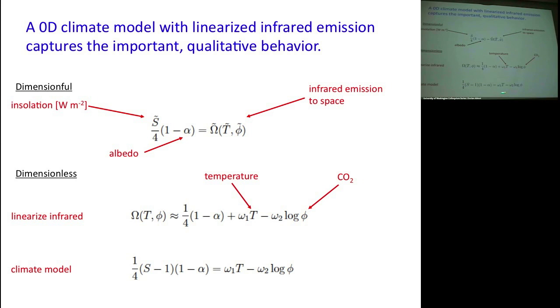And what I'm left with when I plug this back in is this for the climate model. So I have a simple climate model, and what you should know about it is if I increase the insolation, the S value, the amount of radiation from this star that the planet is hit with, I can deal with that either by increasing temperature by an appropriate amount of units, regulated by this omega-1, or I can deal with it by decreasing the CO2.